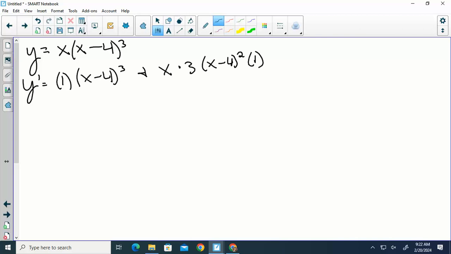Okay. Then you shorten it down a little bit. And then we need to find our critical points. So we end up setting this equal to 0. Now, through both of these, you can take out x minus 4 squared, which leaves us with